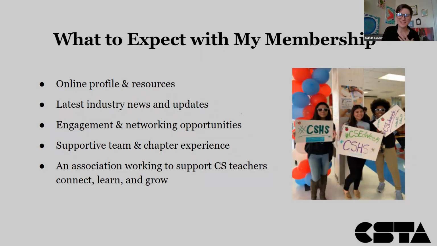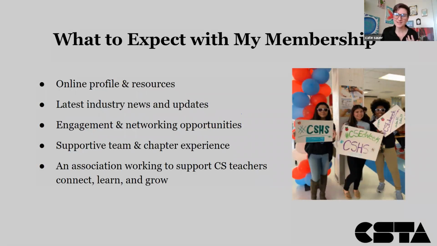Other opportunities are engagement and networking opportunities. Jason's going to talk a little bit about chapters in a couple slides, but something new we've been offering are engage meetups, which we are still finalizing the format and times for. Those are monthly opportunities that are free PD events. They're an hour and a half in which there's time to network, connect with other teachers, get a little PD, and we're thinking about where that's going to go.